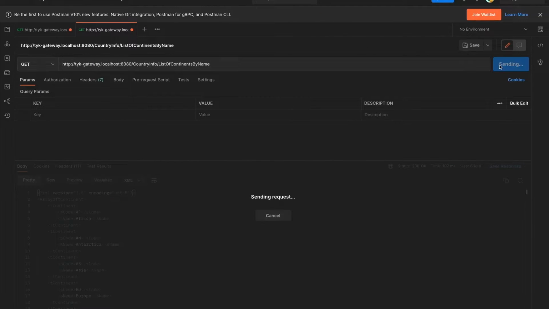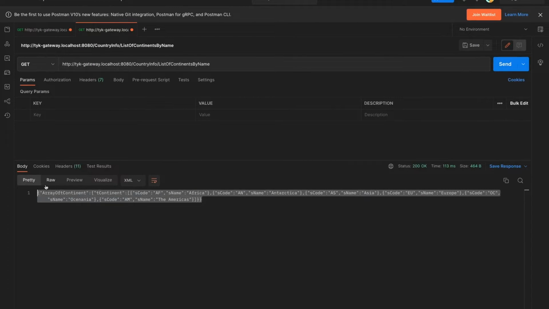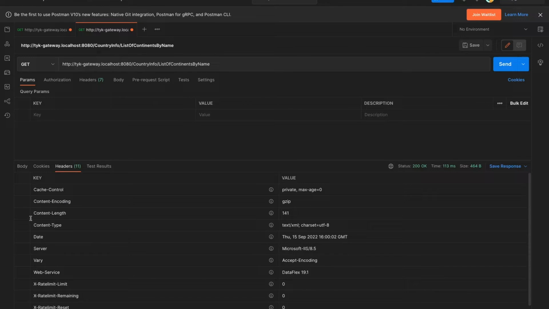So I'm going to go back to my Postman, and here I'm going to send a request. Of course, this is going to come with a none format because it believes that the format is still XML, the one from the body. So I'm going to check those headers, and I can see that the content type is still text XML. So I'm going to change this header